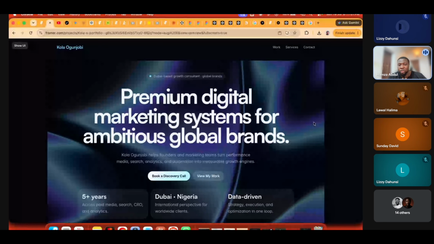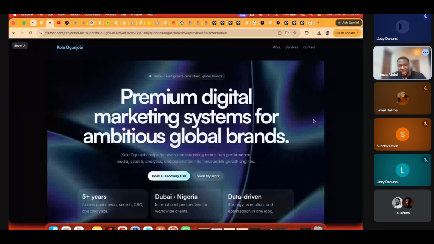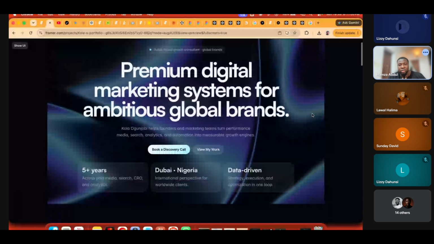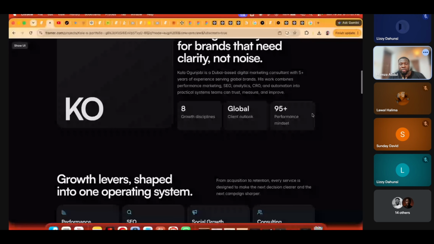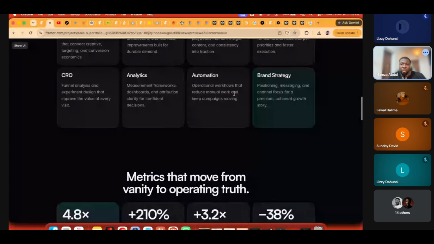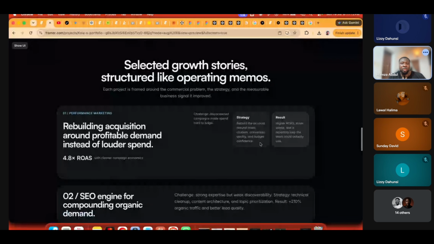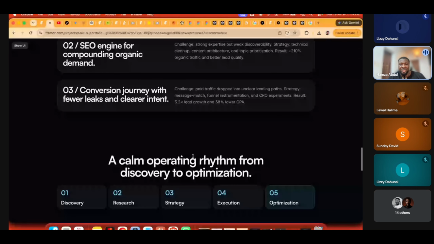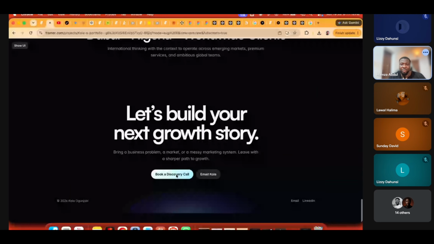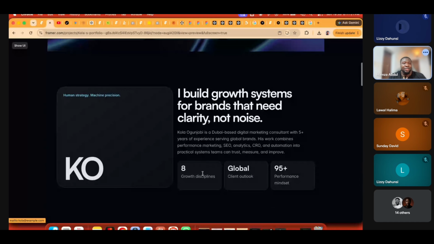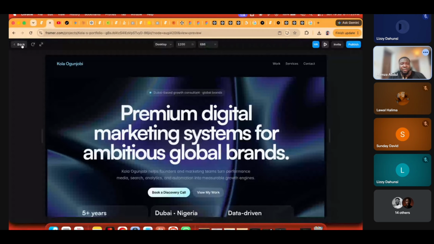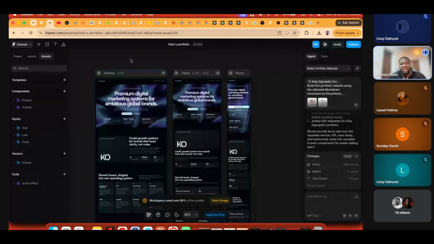As you can see in this background, that shade I showed you earlier is what's used here. So as you can see, this is a very, very generic website. It didn't even add any animation, right? So don't just see AI as the be-all and end-all. AI is usually good as a starting point for you.